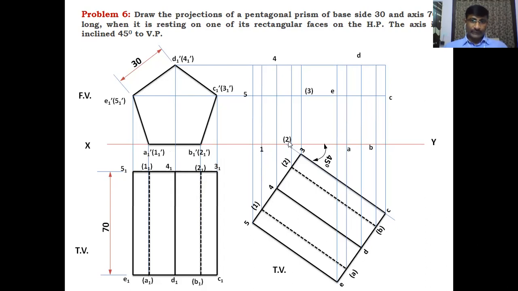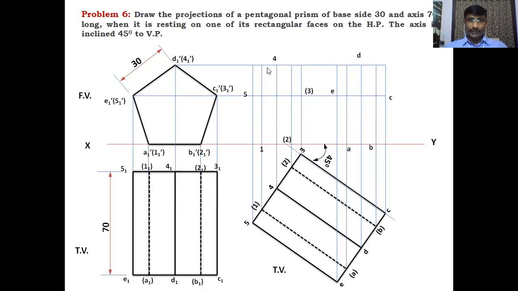And this is 2 dash, which is in brackets, an invisible corner. 3 dash is also an invisible corner. Located as 3 dash, not 3. It is 4 dash, that is not 4. This is 5 dash, it is not 5. So these points are intersections between the corresponding lines coming from the vertical and horizontal projection points.